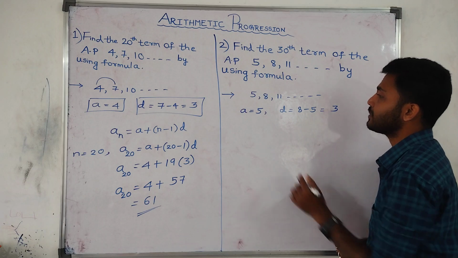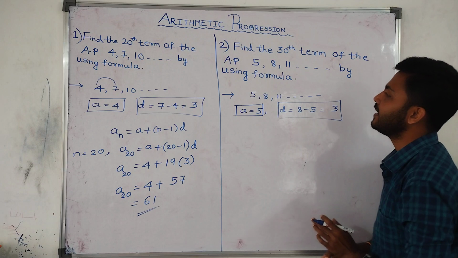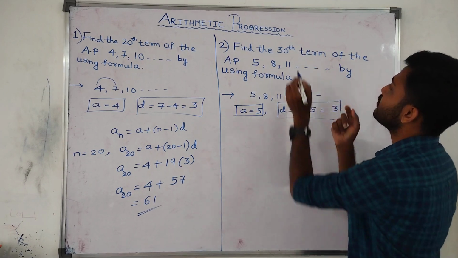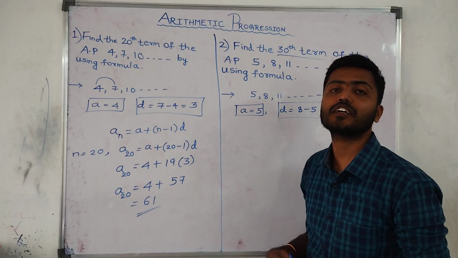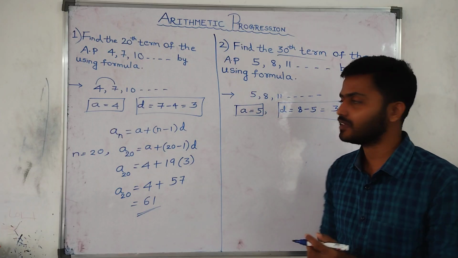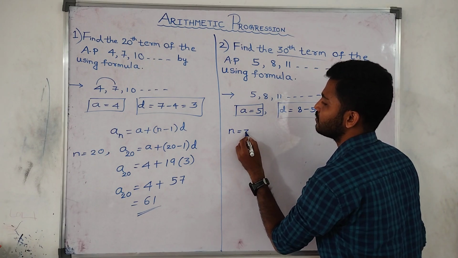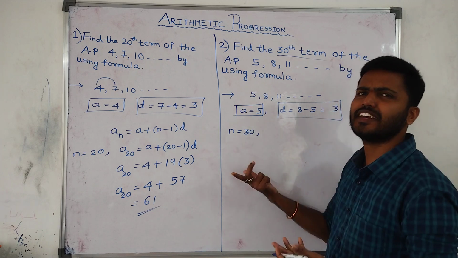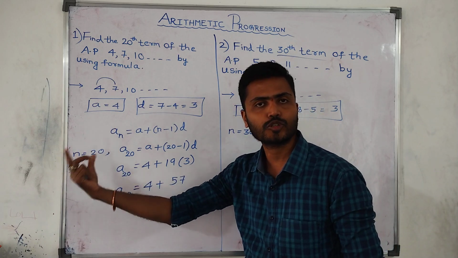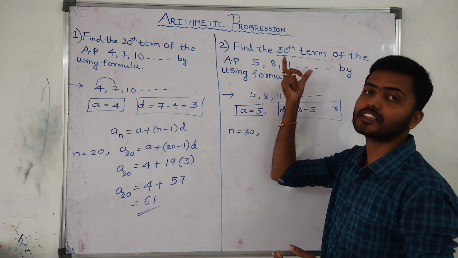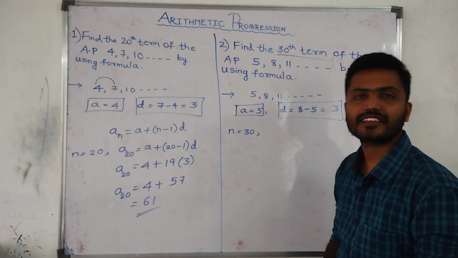Correct? So now ivaga a value ಗೊತ್ತಾಯ್ತು ಮಕ್ಕಳೇ, ಹಾಗೆ d value ಗೊತ್ತಾಯ್ತು ಹೌದಾ? So again now we have to find the ಎಷ್ಟನೇ ಟರ್ಮ್, 30th ಟರ್ಮ್. ಈ ಅರ್ಥಮೆಟಿಕ್ ಪ್ರೋಗ್ರೆಷನ್ 30ನೇ ಟರ್ಮ್ ಅನ್ನು ನಾವು ಇವಾಗ ಕಂಡುಹಿಡಿಯಬೇಕಾಗಿದೆ. ಓಕೆ, so let us now find the value of a30, which means n is equal to 30 because we are finding the 30th term. ಇಲ್ಲಿ ನಮಗೆ 20th ಟರ್ಮ್ ಕಂಡುಹಿಡಿಯಬೇಕಾಗಿತ್ತು, ಅದಕ್ಕೆ ಏನಾಯ್ತು n is equal to 20 ಆಯಿತು. ಬಟ್ ಇಲ್ಲಿ ನಮಗೆ 30th ಟರ್ಮ್ ನ ಕಂಡುಹಿಡಿಯಬೇಕಾಗಿದೆ, ಆದ್ದರಿಂದ n ವ್ಯಾಲ್ಯೂ ಏನಾಗುತ್ತೆ, it will be 30.